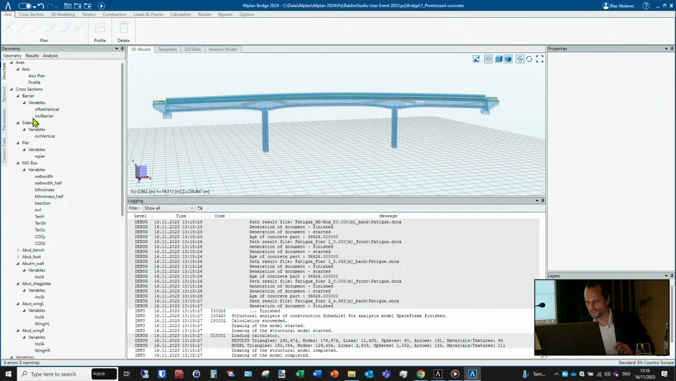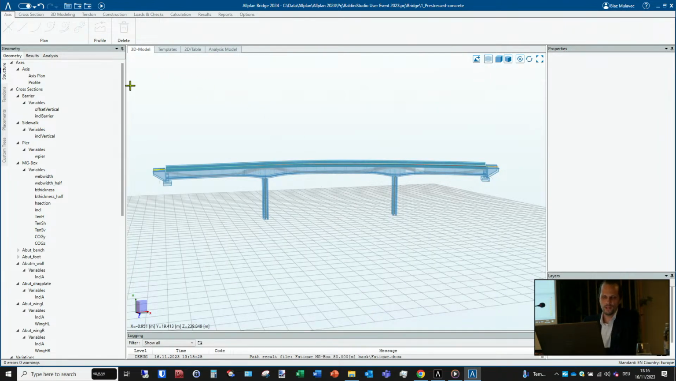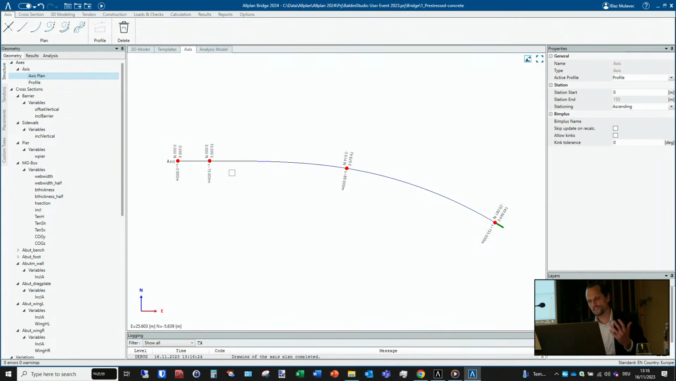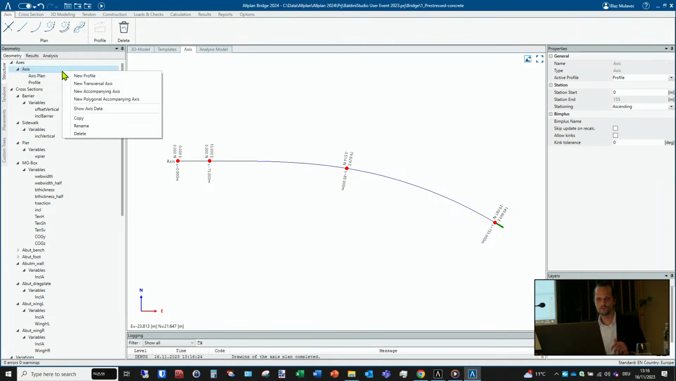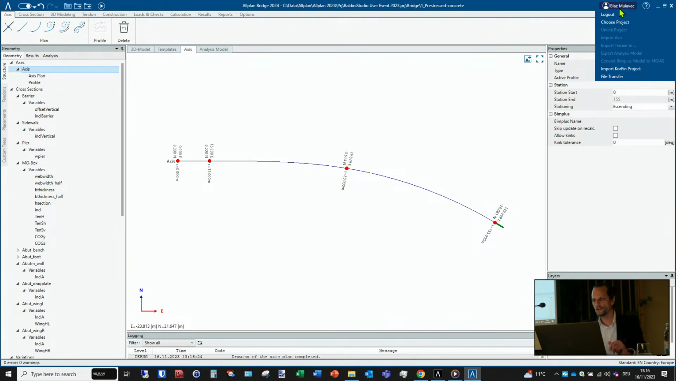Okay, now the model is recalculated, and as mentioned before, we always start with the axis definition. For axis definition, we have, of course, the possibility to define the axis manually, directly in Allplan Bridge, but usually the road axis or bridge axis comes from our colleagues in road planning. Therefore, we also have a possibility